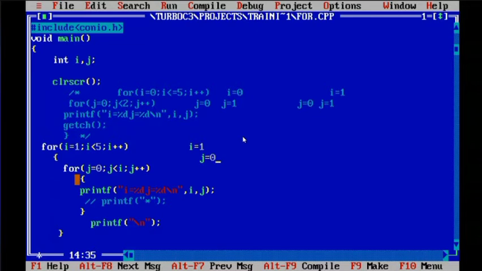Now j, we are not outside this, we are inside this, because the j loop is active. So j will be equal to 1, but is 1 lesser than 1? The i value is 1, and j is also 1. So the j loop will be terminating. Is it understandable? Yes, ma'am. So in the first iteration it has executed only i equals 1 and j equals 0.